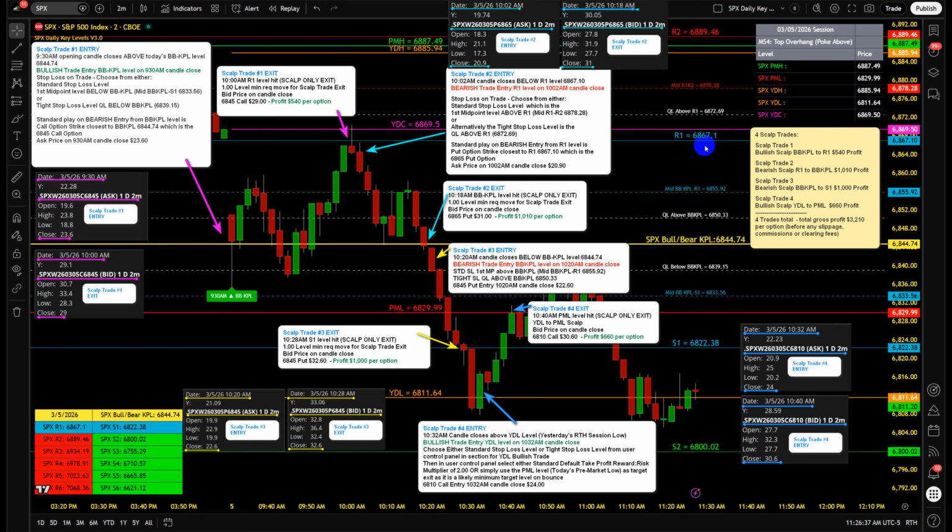Then that gives you the ability to scale out because you're not just trading one option. If you're usually allocating enough money to trade one SPX option, you could instead allocate the same amount of money and trade 10 XSP options, which trade a lot like SPY options. One of the main differences is